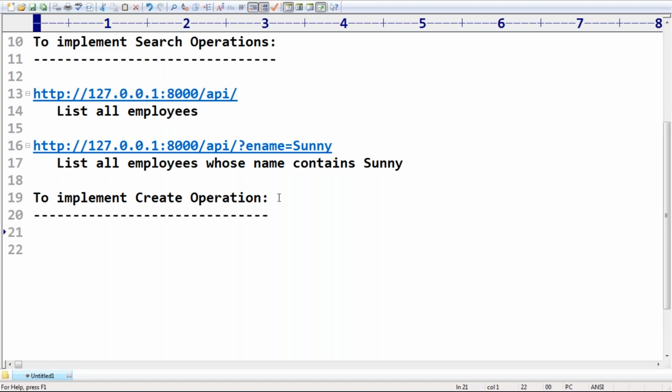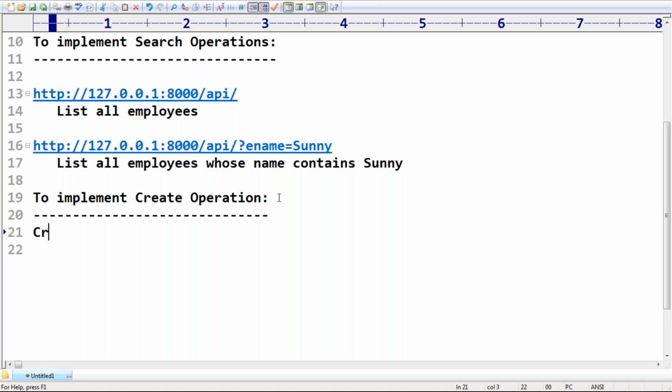But there is one specially designed class to provide support for create operation. What is that class? CreateAPIView. Are you getting what the class name is, sir? CreateAPIView class, right?